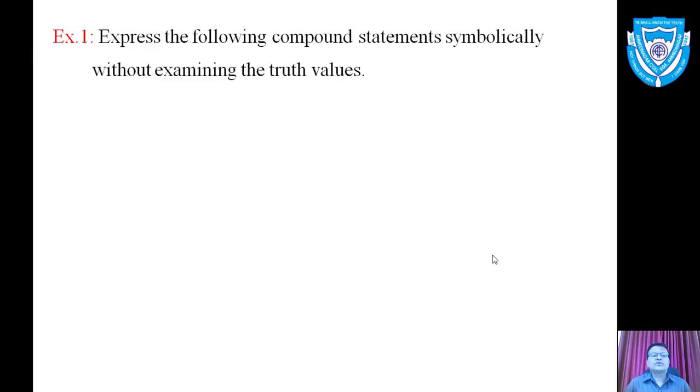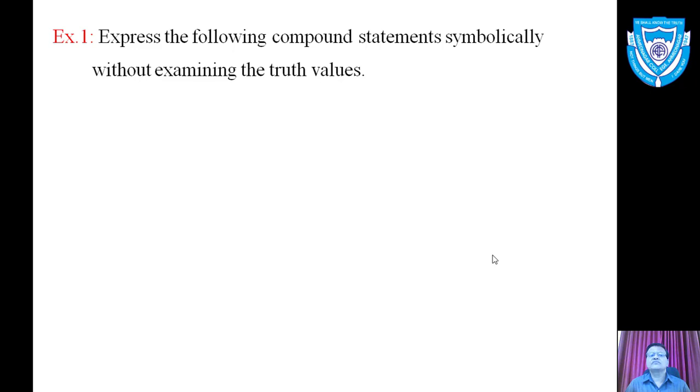Yesterday we have seen what is statement and what are the connectives. We have also studied the truth value of statement. Statement is a declarative type of sentence which is either true or false. Statement can be denoted by symbols. Small letters P, Q, R can be used to denote statements. So let us have some examples.